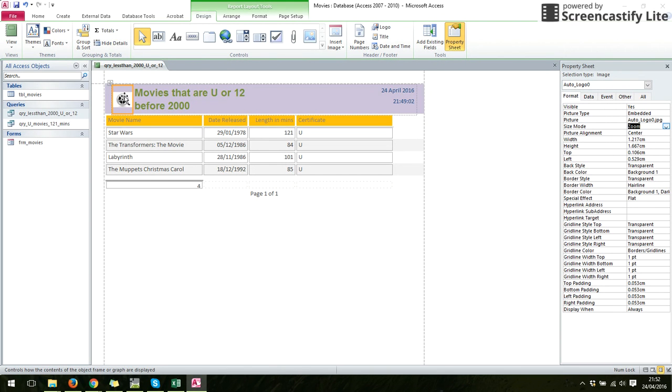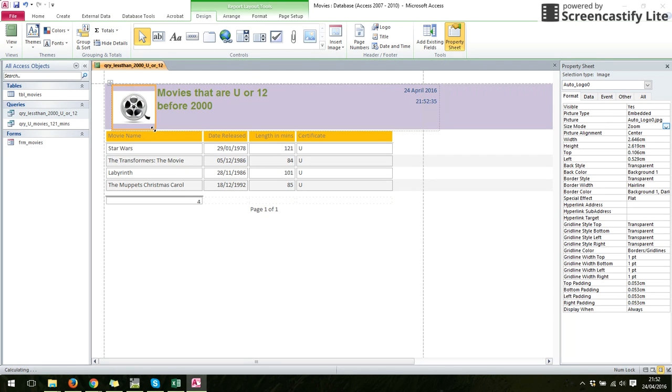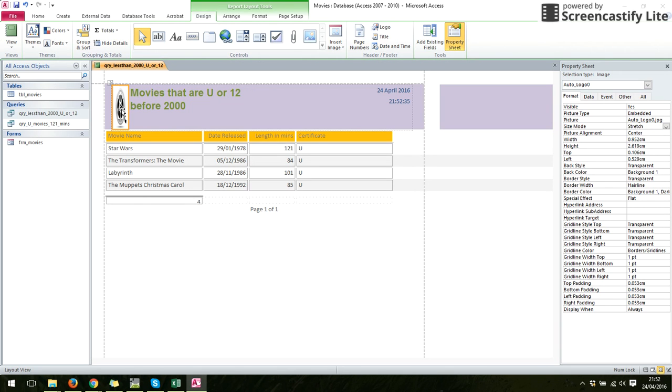Now, if I don't like the size of that, and I think I want that a little bit bigger, I'm going to click on the edge, and I'm going to drag it a bit wider, and that will get bigger. It will always stay the right proportions. It won't kind of drag. If you want it to not be the right proportions, you have to put stretch, and then that will fill the square. The problem with that is if I drag it like that, it squishes. Whereas I much prefer zoom, because zoom keeps the right